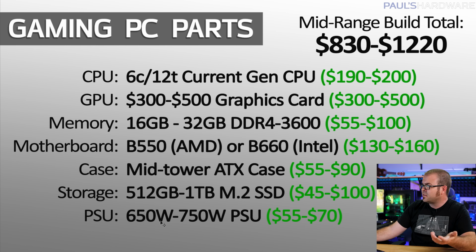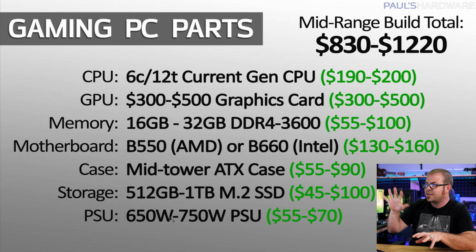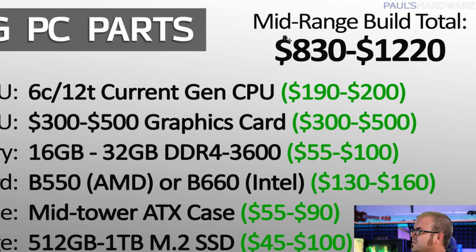And then to complete the build, you'll need a power supply, and here I am recommending slightly more wattage than I was a year or two ago because the graphics cards that have been coming out with the current gen as well as the anticipated next gen later this year do seem to be a bit more power hungry, so you might want to aim for 650 to 750 watts, but there's still really good options in the $55 to $70 range. That brings your total up here to between $830 and $1,220, and I know that is a $400